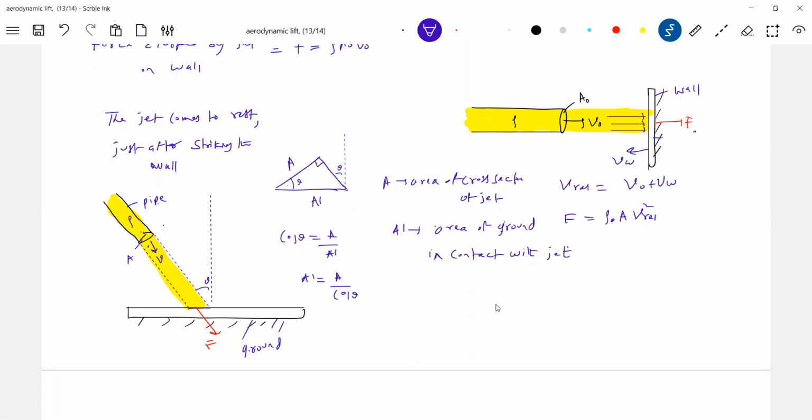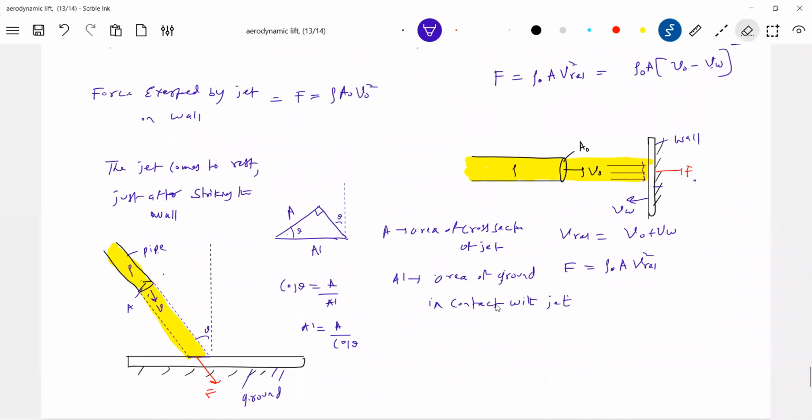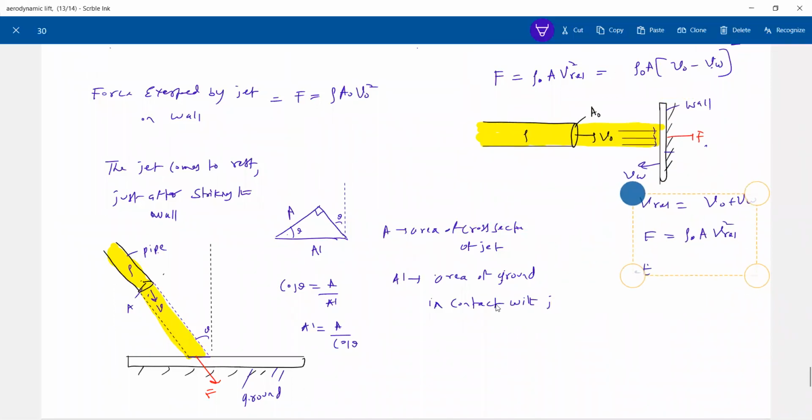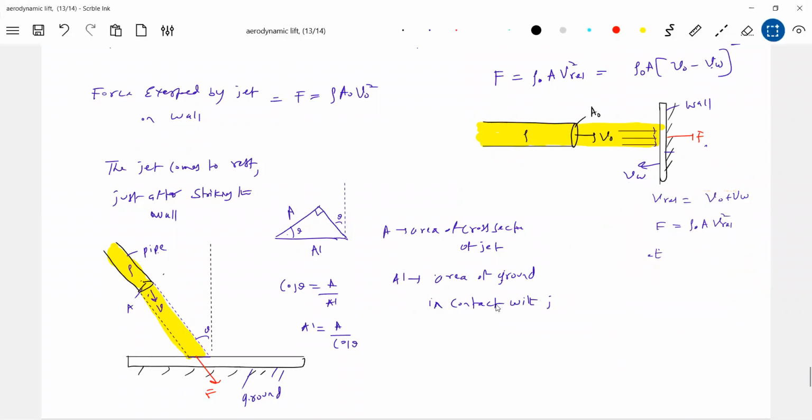So if you take this area, I'll shift this upward. What you have to do is take pen and paper and think. That is what we are trying to avoid, because we don't want any pressure on the area of ground in contact with the jet. We want to learn science happily. That's a major problem. Let's get into this one slightly. I'll bring that surface. So the force is acting here normally.